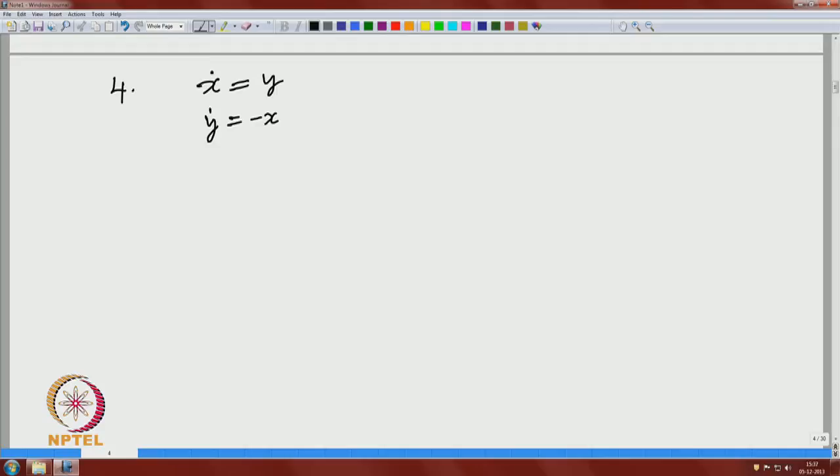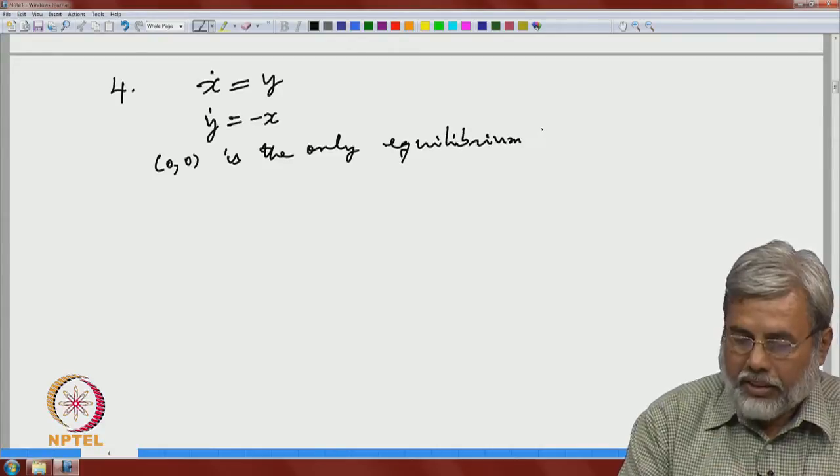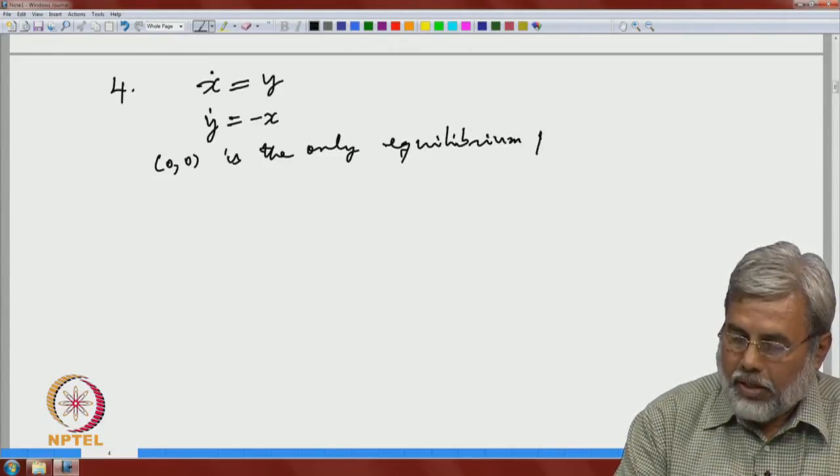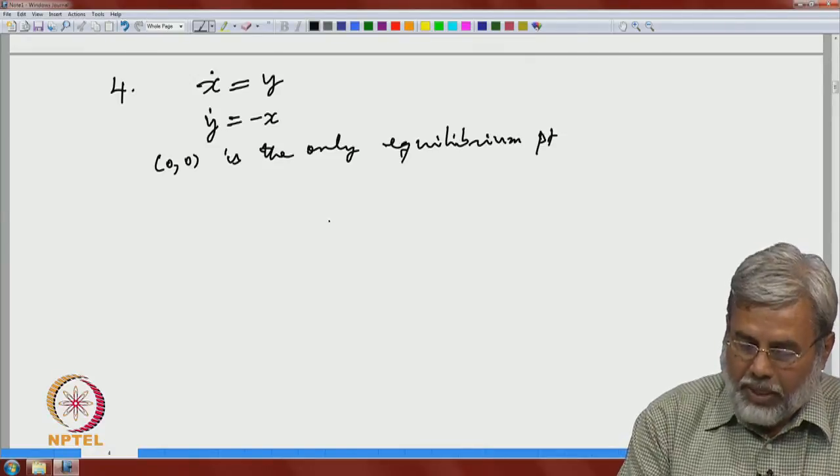We saw in the previous lecture the orbits are nothing but circles. So, here again 0 0 is the only equilibrium point. So, it is isolated naturally, and all our orbits, so this is 0 0,